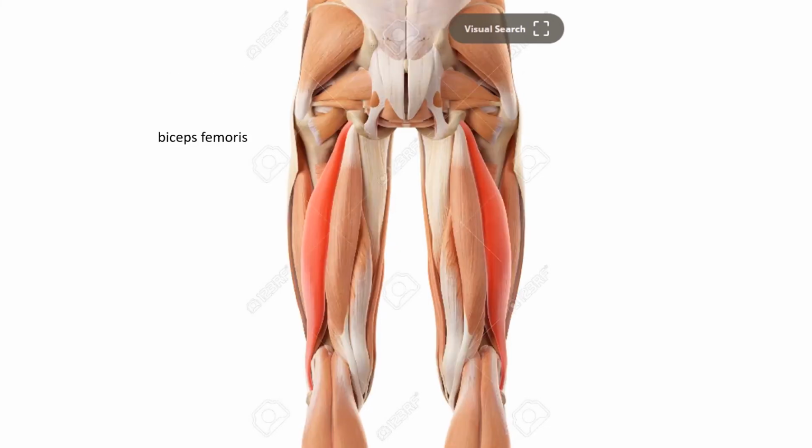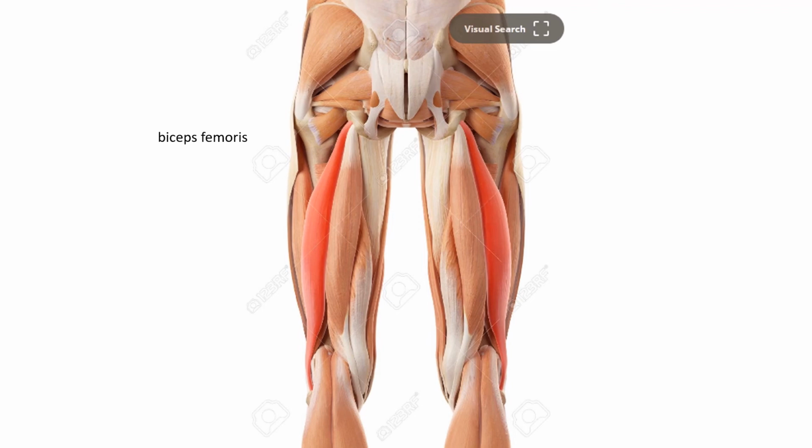Where are we now? We are in the posterior part of the thigh. This posterior part of the thigh has a muscle group called hamstring muscles, and the red marked muscle is called the biceps femoris. Now we have met the term biceps before when we talked about the biceps brachii of the arm. Here is a biceps femoris of the femur, and it is the lateral muscle of the posterior compartment of